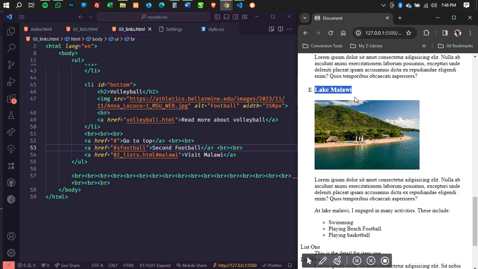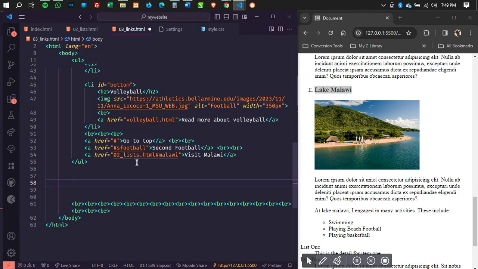So today under links, we've looked at how to link to another page or another file, link to an external resource. We've also looked at how to link to another section on the same page and then a particular section on another page. Anybody having any questions so far? Great. So if there are no questions so far, we shall continue creating our links. And then we are also going to add another form of link.